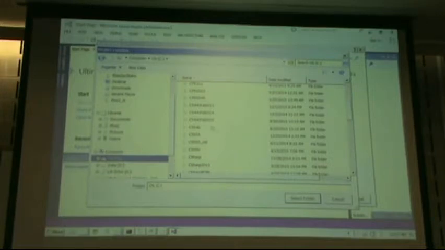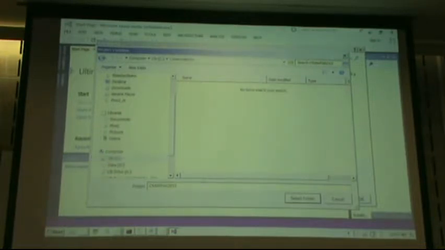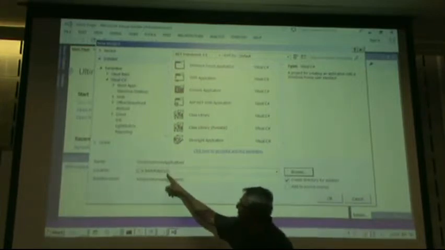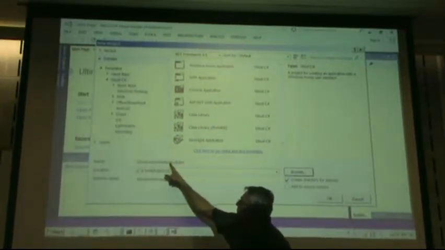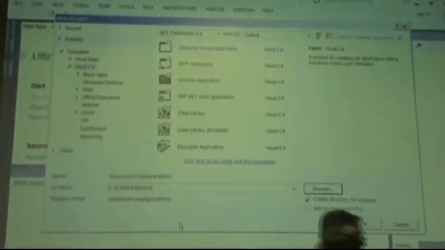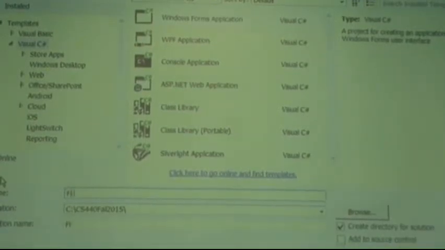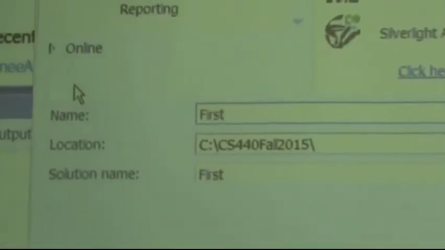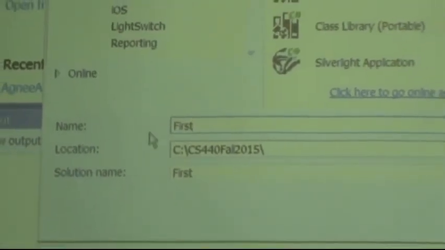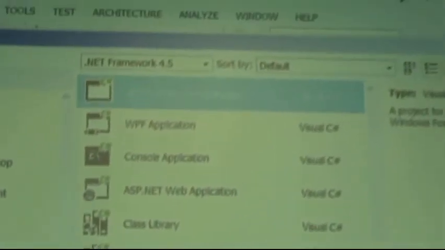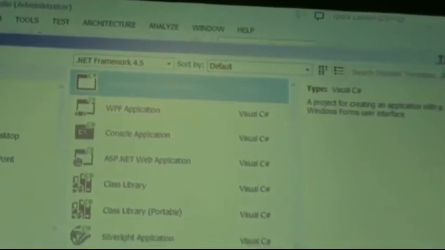So anyway, let me go to the CS 440 Fall 2000 folder that I just created. Okay, so once the location says our main folder, then for each project you will give it a name. Let me give our project a name of first. Usually the project names you will give them starting with a capital letter, so F capital IRST. So I selected Windows Forms application first, right? And if I click OK,